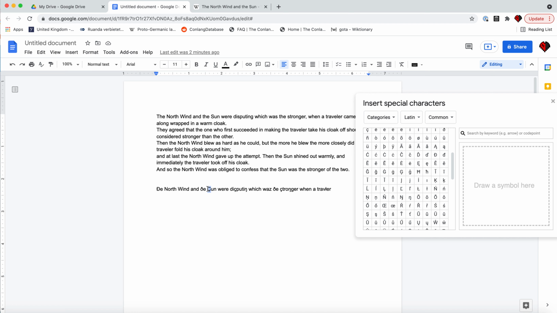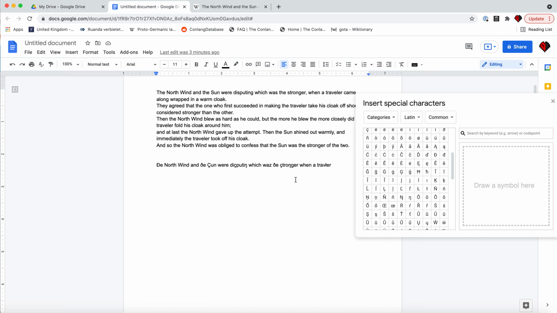Sun here is spelled with a C with cedilla because C is less confusing than S. Watch John Measley's video on the letter C, which is the sequel to his video on the letter W. Anyway, disputing which was stronger when a traveler, yeah, this thing here is because the L here is dark, and this version is different from the Reddit version in that